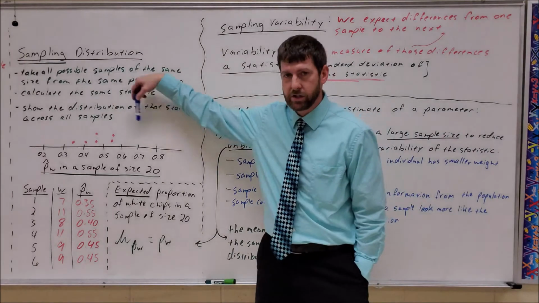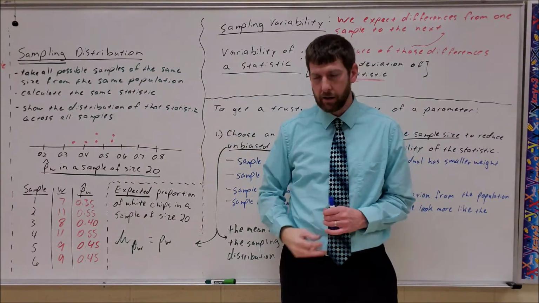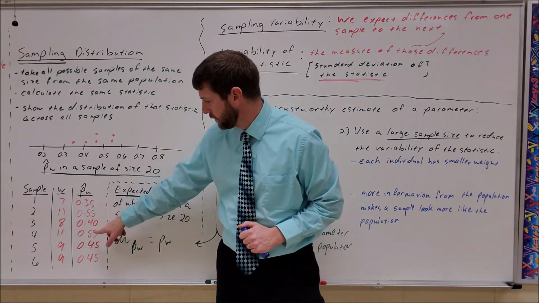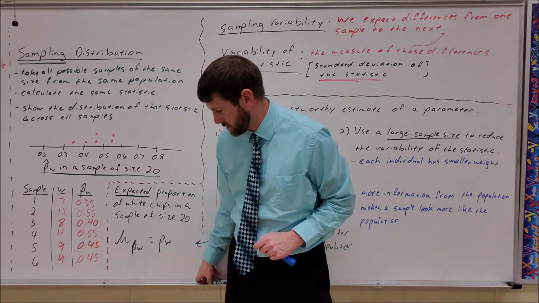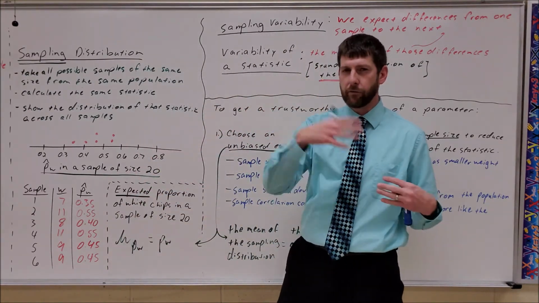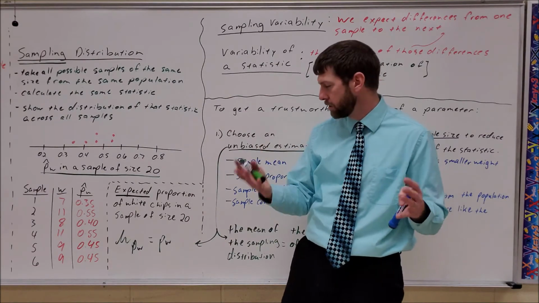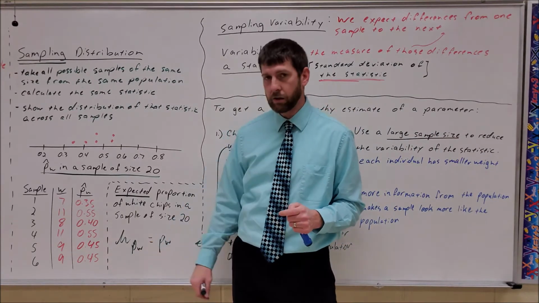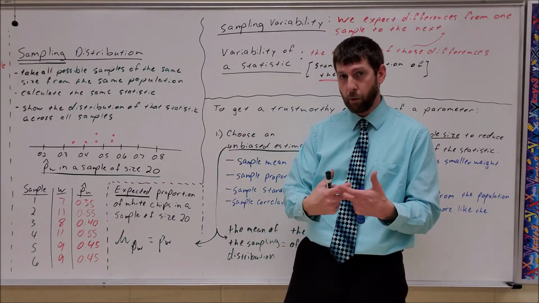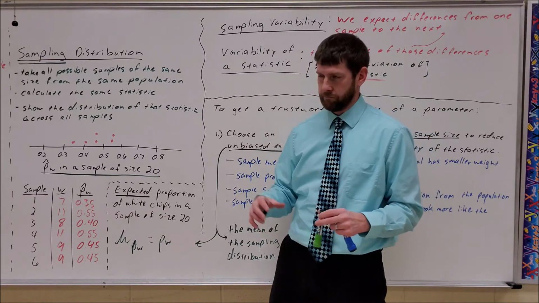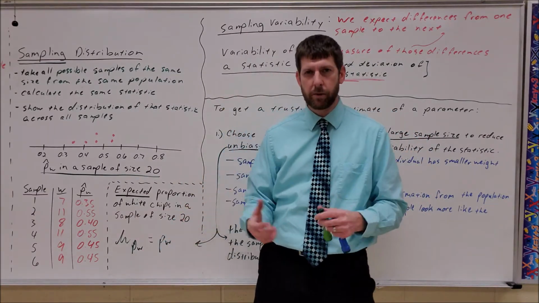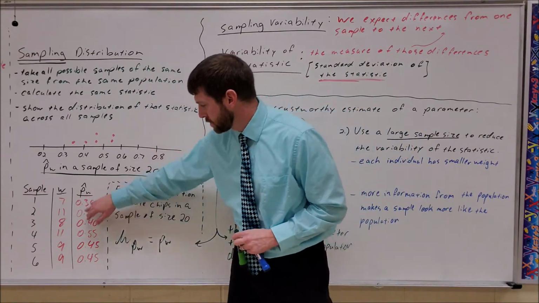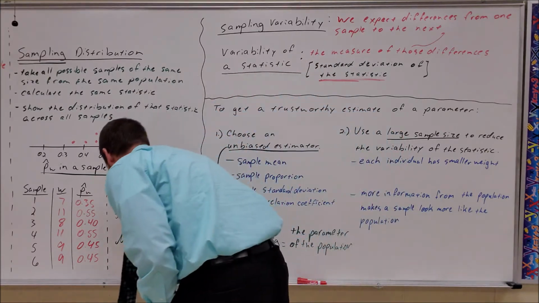Okay, so the average from this should equal whatever's happening out in the population. Well, let's calculate this average real quick. So if we did 0.35, 0.55, 0.40, 0.45, and so on, and I average those 6 proportions together, and technically we would do every single possible sample, so all million, billion, trillion, however many samples of size 20 there are for my 418 chips, if we did all of those samples together and got their proportion of white chips, that would give us this value right here. But we're going to estimate it right now, because I don't want to do all million, trillion, billion of those samples. So let's just use this as kind of a snapshot, and that's going to come out to be